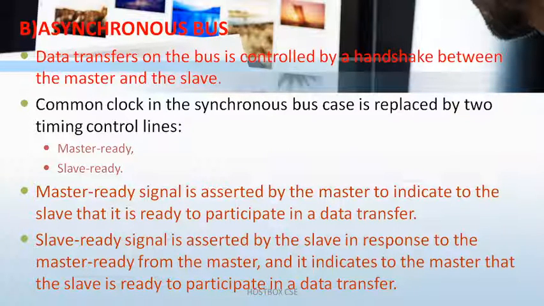Remember here the strobe signal is there. What is my strobe signal? It is used for transferring the data unit. And what is a strobe signal? It is a single control signal used for each data transfer, and according to the asynchronous bus, this strobe signal is divided into source and destination. Source-initiated one and destination-initiated one, and there is no acknowledgement here.